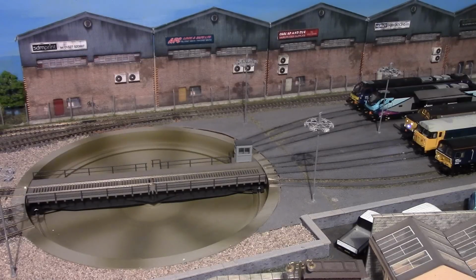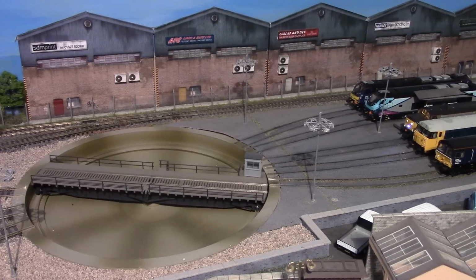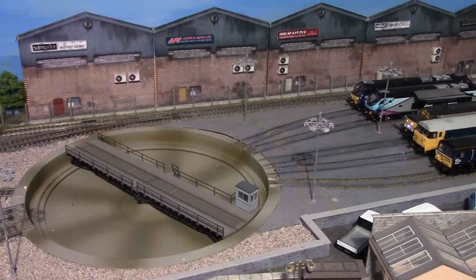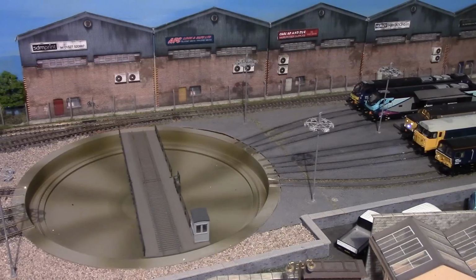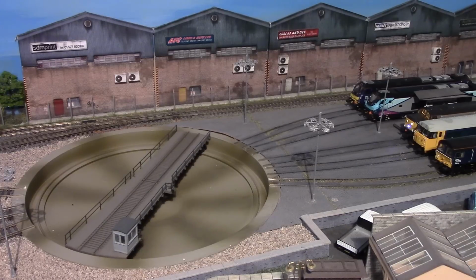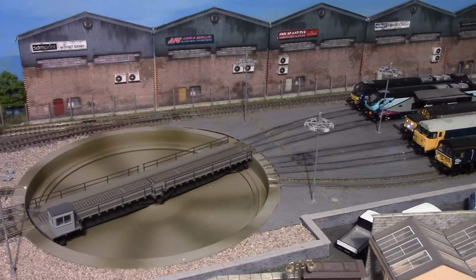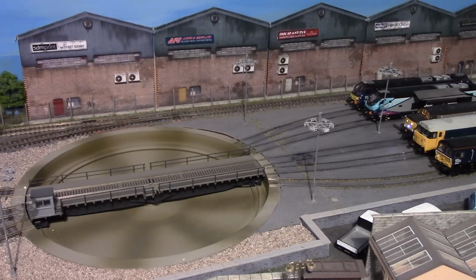So we have the Euro Phoenix waiting to come on, and what I'll do is select track 8 on the turntable, and that will now turn around with the head end of the turntable onto track 8. It's just passing the no man's land there, and you can't see what is happening, but inside its mechanism it actually swaps the polarity of the track. So if we start to bring Euro Phoenix on board,